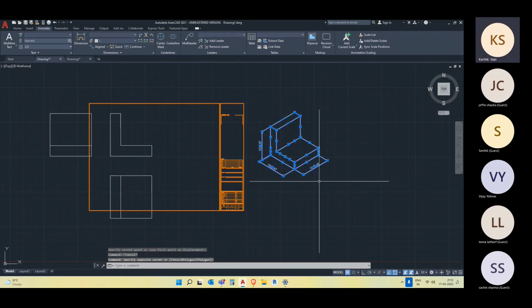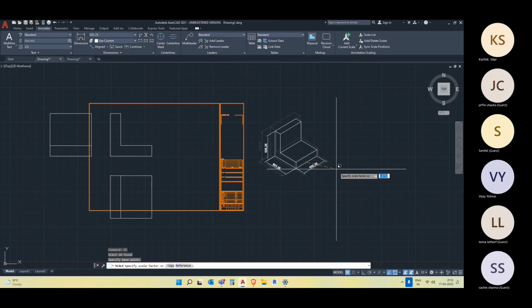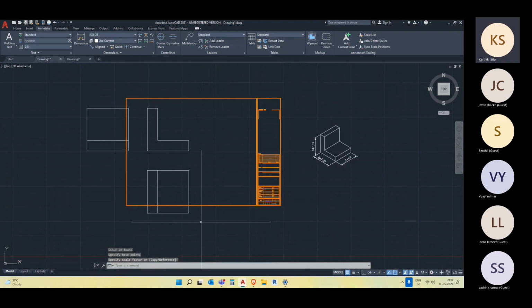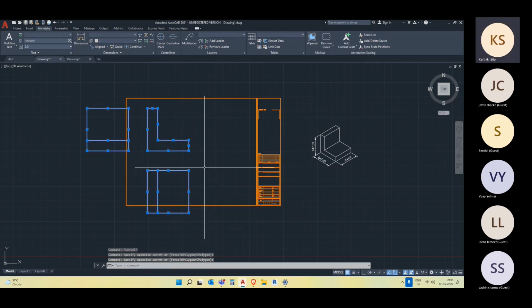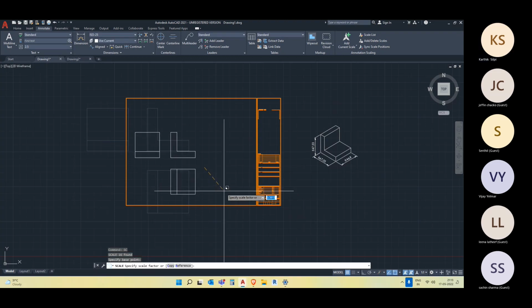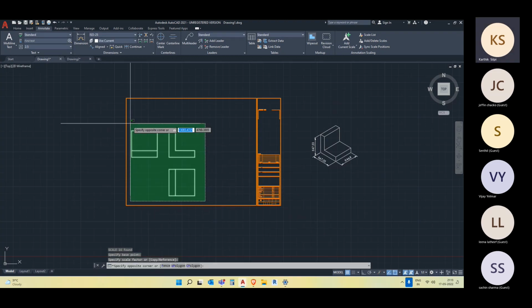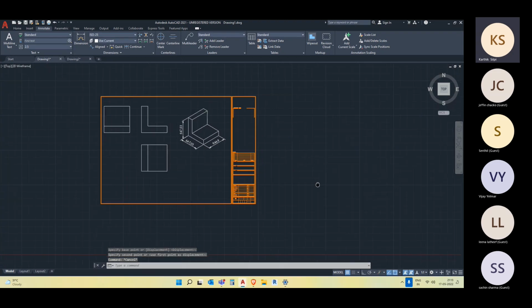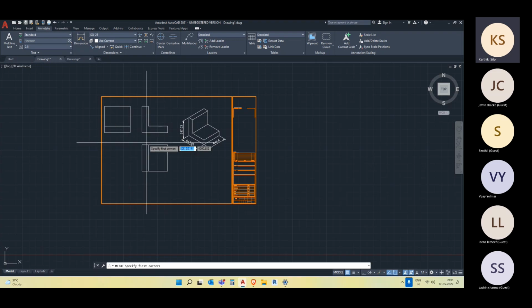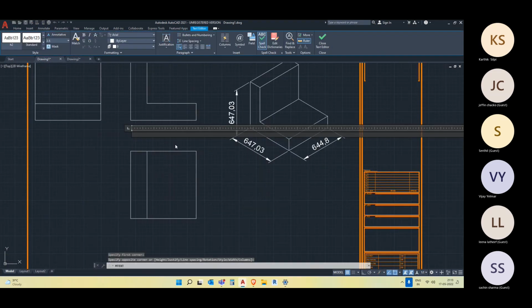So let me resize this again. Press SC, enter, like this. So SC, enter, something like this, so that it will fit. You can name also. I'll just show that one also, like this. You can place everything over here, and you can just go to text, multi-line text. You can say like draw here. This is your